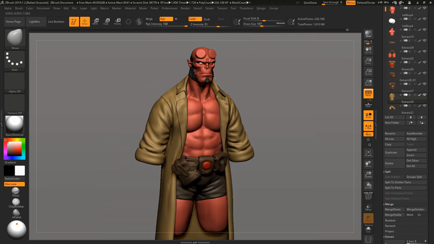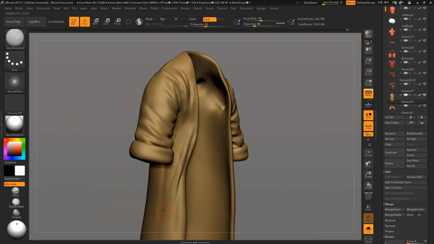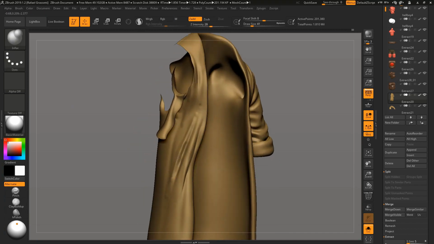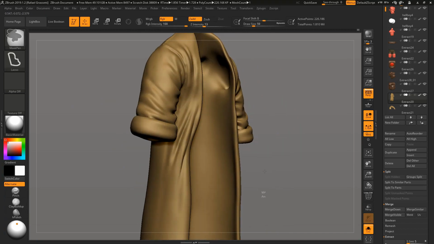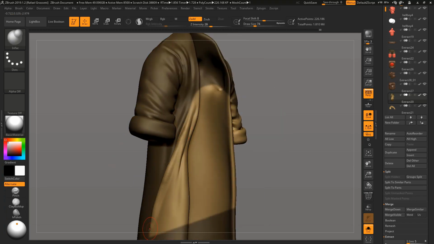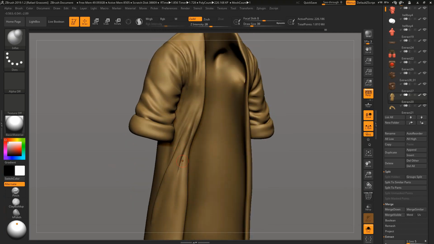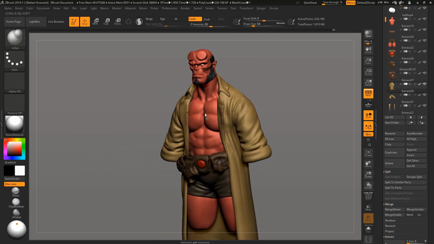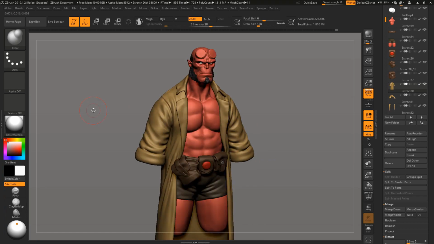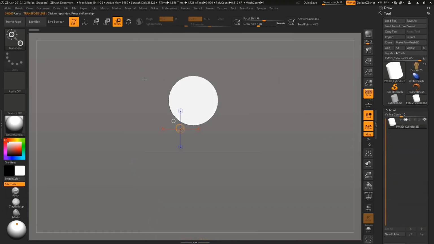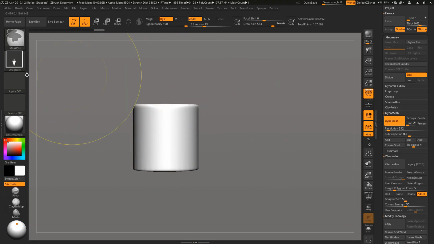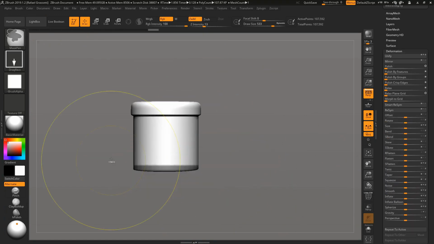If you look at the sleeve and you see some of those sharp edges, clay gives us that nice kind of crisp fold, and I use mostly the clay brush to get those folds in place. You saw me doing some masking too on the base, but we're gonna talk more about clothing with the lobster character. Here I'm gonna start working on his hand, and there's a little bit more of the sci-fi kind of